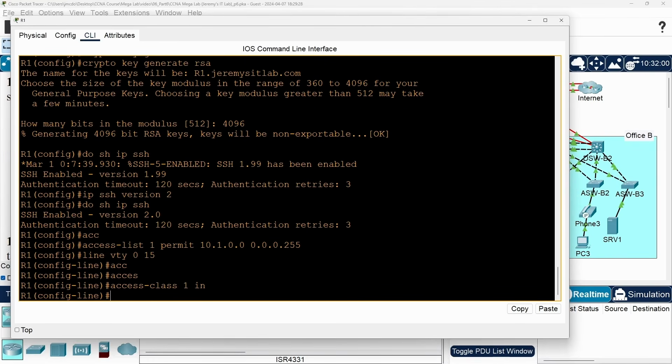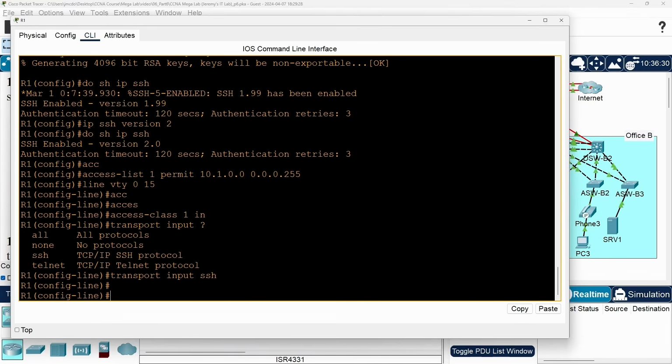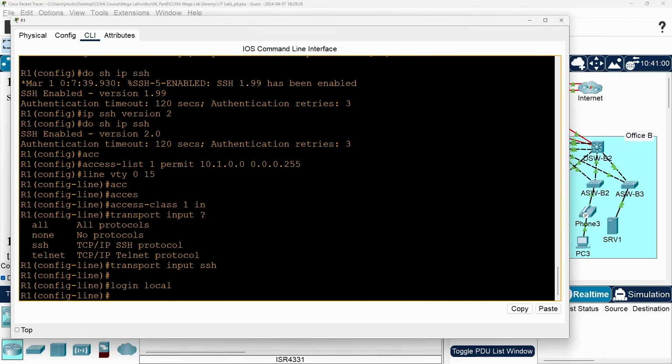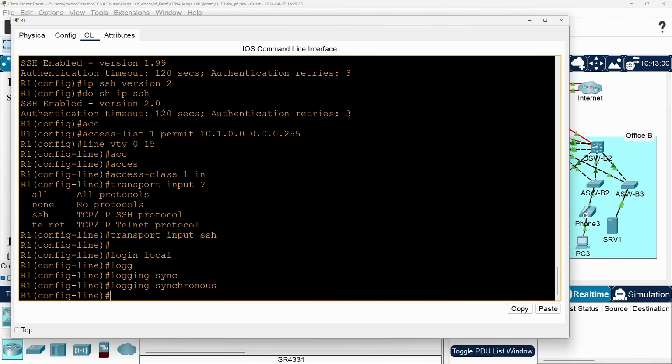Next, I'll allow only SSH connections, no telnet since it isn't secure. Transport input ssh. And let's require users to log in with a local user account, just like we configured on the console line at the beginning of this lab. Login local. And then enable synchronous logging with logging synchronous. Okay, that's all for R1. I'll exit back to global config mode.